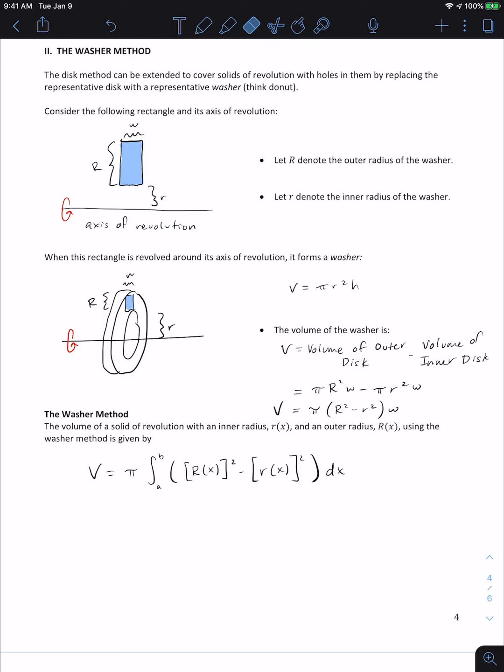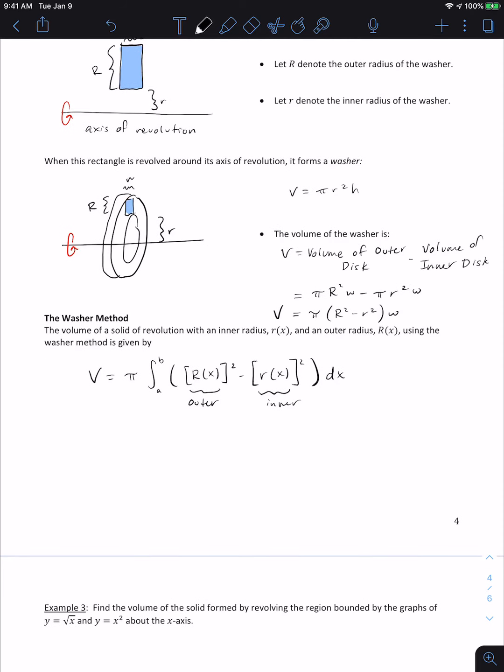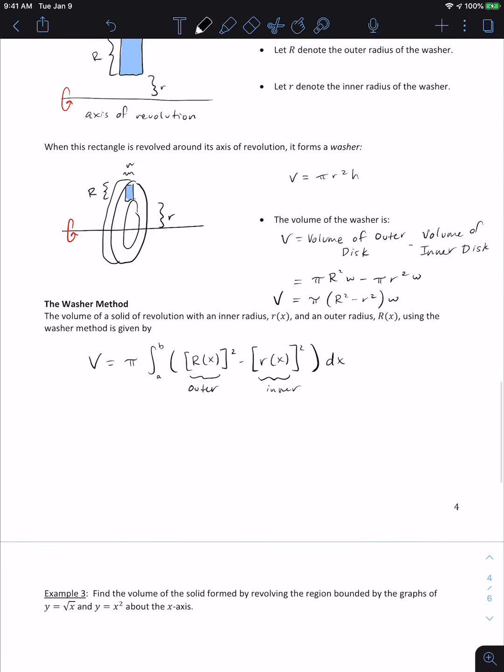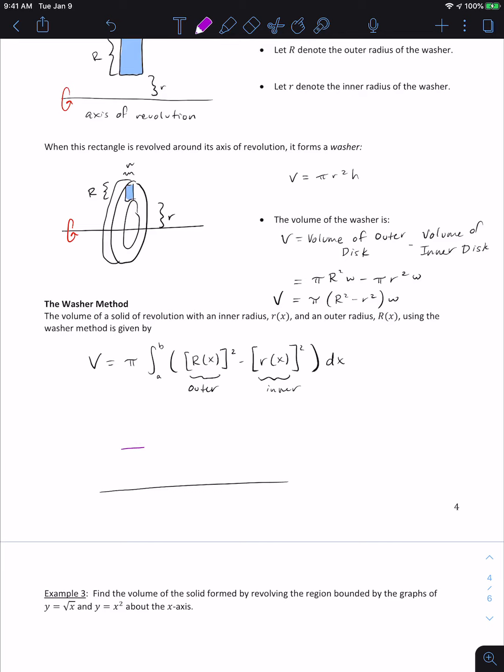So it's an exact analysis like we had with the disks, but now with the washers. This time, it becomes the outer radius minus the inner radius. Instead of just pi r squared, now it's pi times big radius squared minus little radius squared. So for example here, if I had this function, say it looked like this,